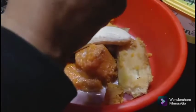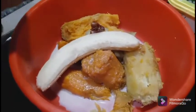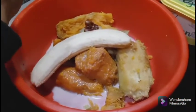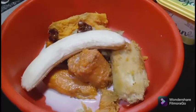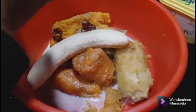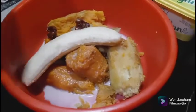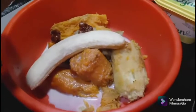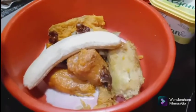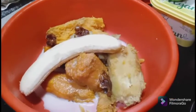And any hard pieces in your dates, you want to make sure you remove them because you don't want that to be a part of your pie. It'll make it not smooth. You want your pie to be as smooth as you can. So make sure you get the pits and any hard pieces in your dates, like at the top or the bottom, those little hard pieces, take those out. Okay. Then once you've added your pitted dates,